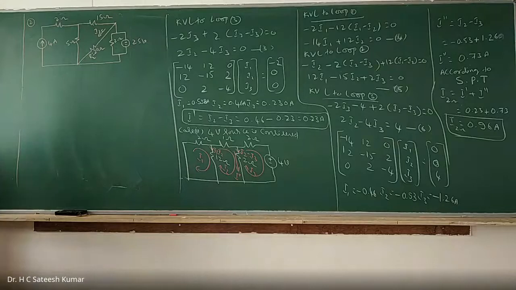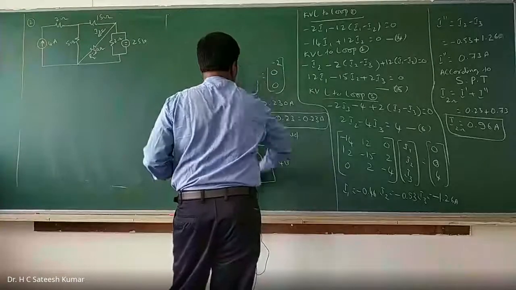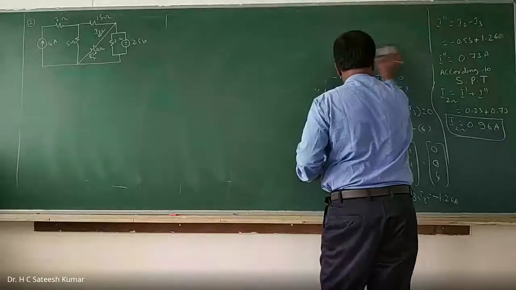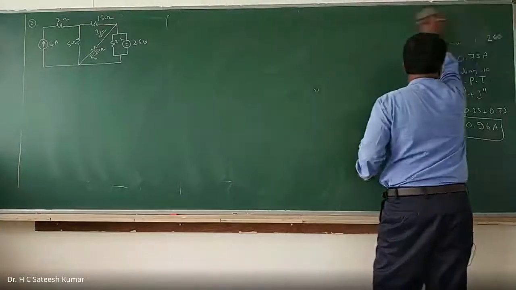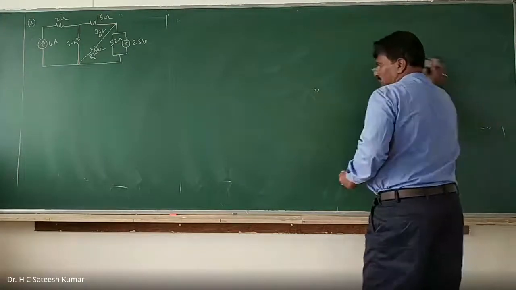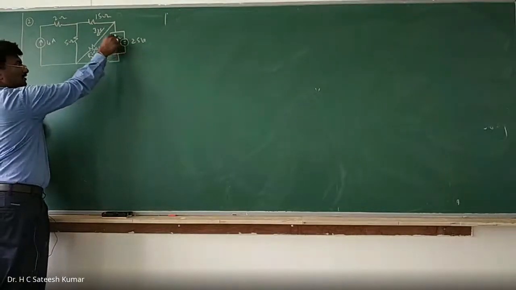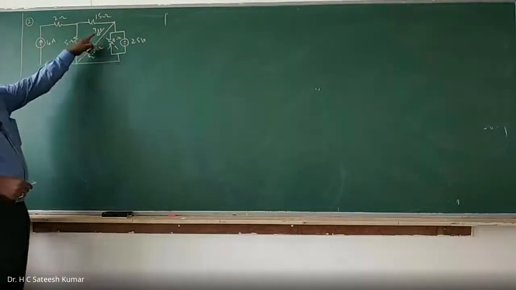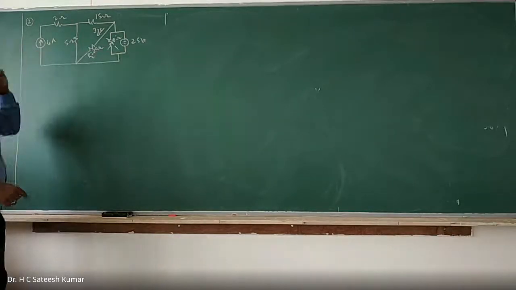Okay, right. Now you see this. In this problem, a resistor is parallel with a voltage source. This becomes redundant. You can remove it directly before starting the problem itself. Now, we'll have to find this Ix using superposition theorem. Two sources, one is a current source, one is a voltage source. Now, any one you can consider first. I'll consider this one.